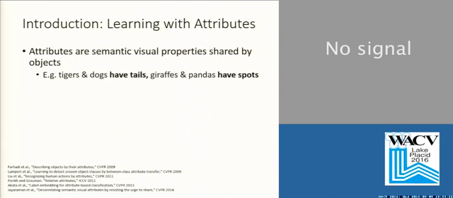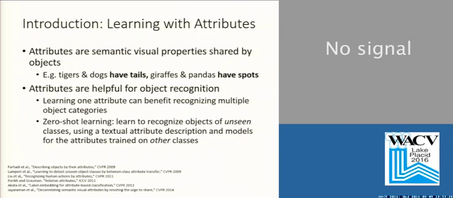So attributes are semantic visual properties shared by objects. For example, tigers and dogs have tails, giraffes and pandas have spots. Attributes are helpful for recognition because learning one attribute model can affect multiple object category models. And one interesting application is zero-shot learning, where we learn to recognize completely unseen objects using two things: an attribute-based